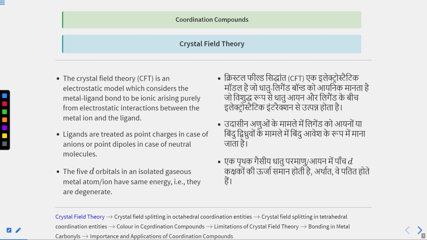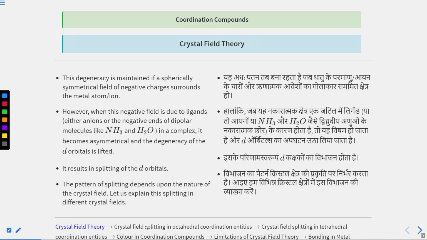Next, what will happen? This degeneracy is maintained if a spherically symmetrical field of negative charge surrounds the metal ion. The negative part of the dipole, if it is a neutral molecule, or the point negative charge, if it is an ion, all of them approach. So it creates a sphere of negative charge. In that case also, the 5 d orbitals are still degenerate. But as they approach closer and closer,